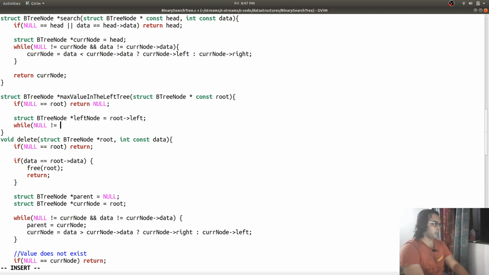Null is not equal to left node, and left node right node is a valid value. What this is saying is that while the left node is a valid node and while the right node is a valid node, we need to keep moving towards the right.